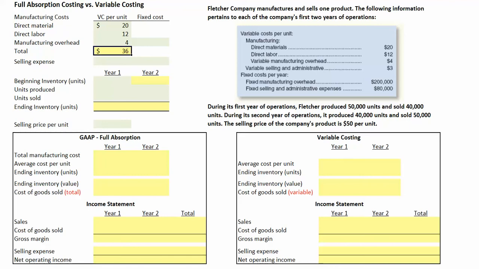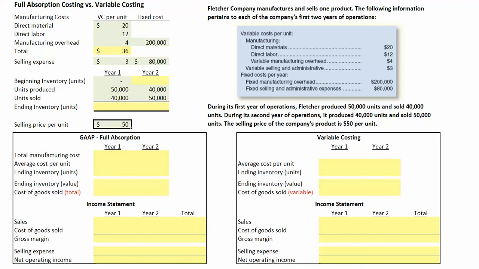We're told our variable selling and administrative costs are $3 per unit, and that we have fixed manufacturing overhead of $200,000 and fixed selling and administrative cost of $80,000 per year. During our first year of operations, Fletcher produced 50,000 units and sold 40,000 units. During the second year of operation, it produced 40,000 units and sold 50,000 units, and our average selling price is